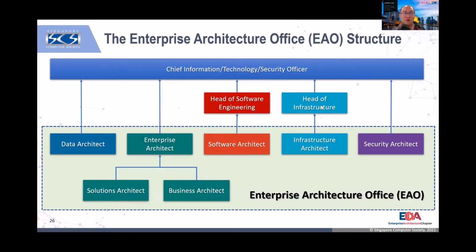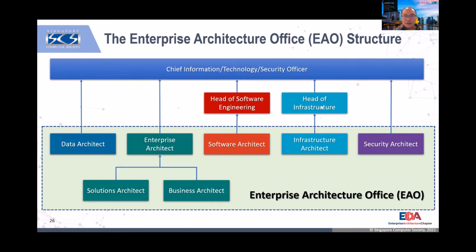So this example is actually taken from the skill framework. All the architects form the enterprise architecture office. Enterprise architecture office is just like a normal term, like PMO, program management office. In the actual work, they are posted into multiple clusters: the strategy team, the development team, the infrastructure team, but actually they are one team.